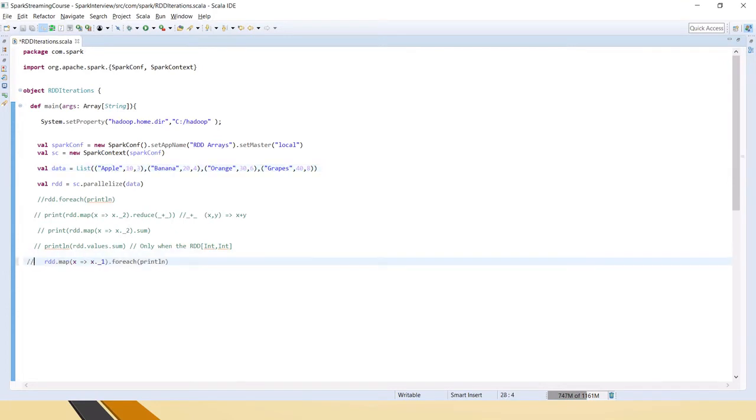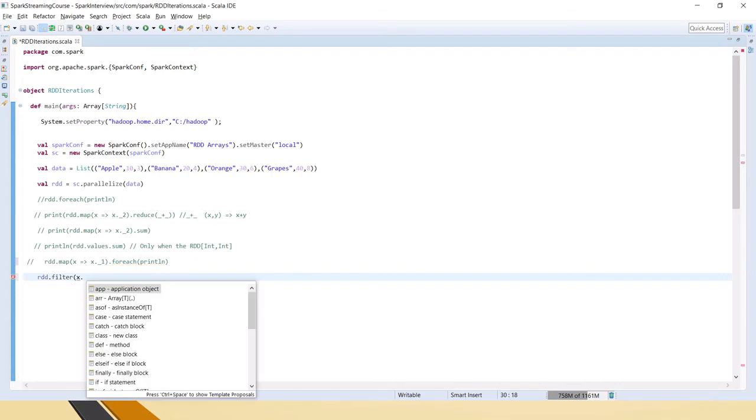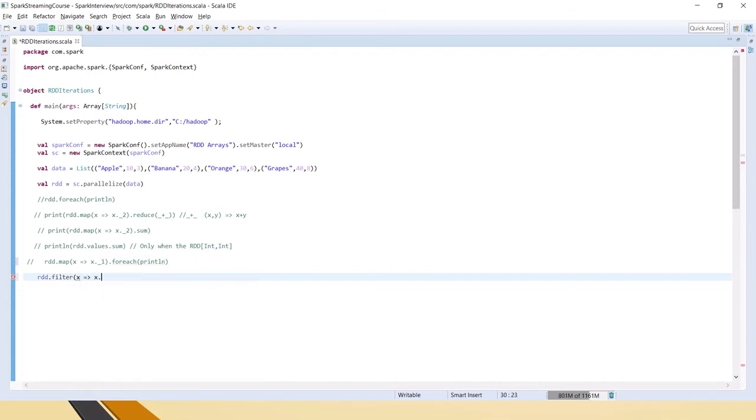So now let me comment this, and let's see what we will do next. If you wanted to apply some filter conditions, dot filter x, let's say this second value is there, right? If that is greater than 10, we want only that value in the RDD. So let's see what all will be printed.